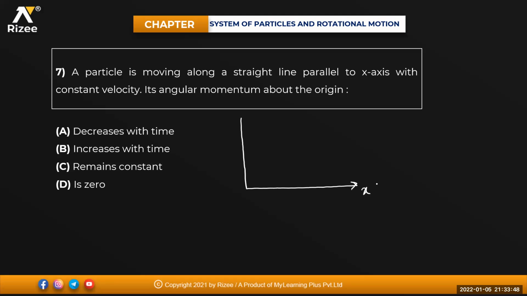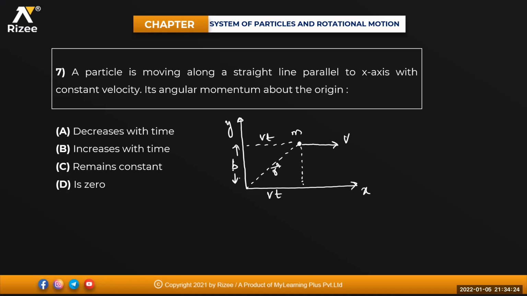See, this is your x-axis, this is your y-axis. Suppose this is a particle of mass m moving parallel to your x-axis with velocity v. This is your origin. That means this is your perpendicular distance, and it has moved a horizontal distance right now from this one. S is equal to v into t in the straight line. This is the position vector r. This is some distance, say for example b. This is your x-axis, so this one is also v into t. So x is equal to vt and y is equal to b, isn't it?